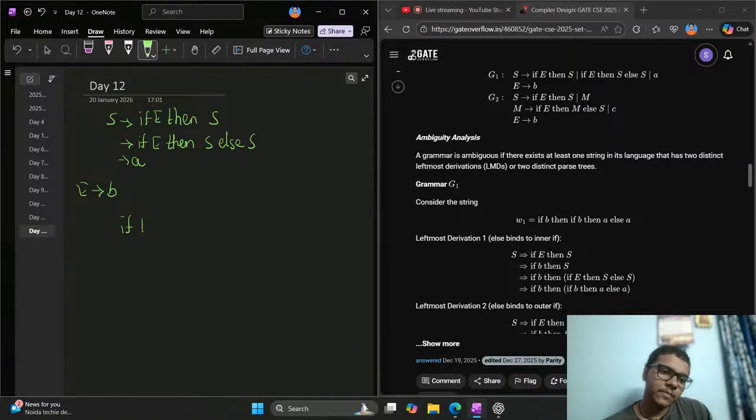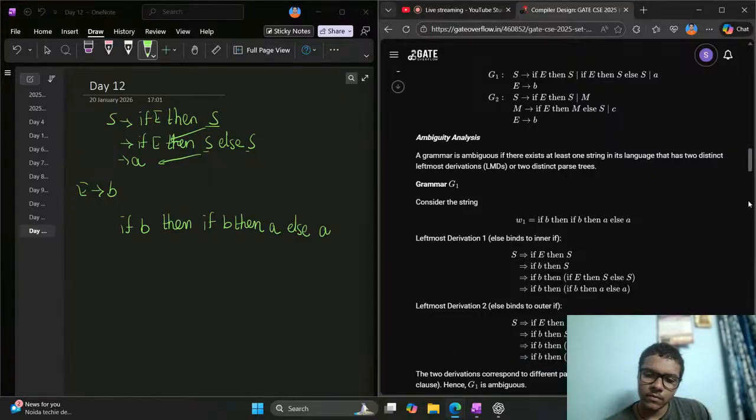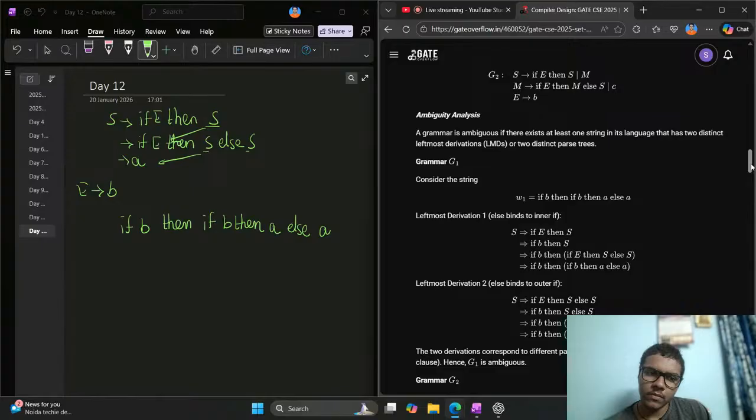E maps to B, so if B then S. S is saying if B then A else A. Okay. If A then S, if